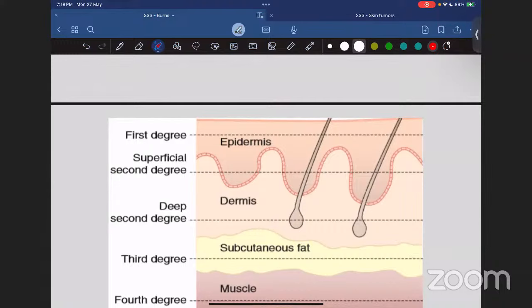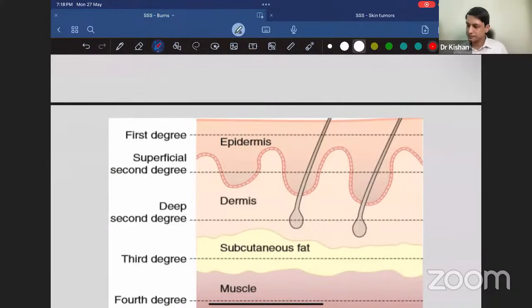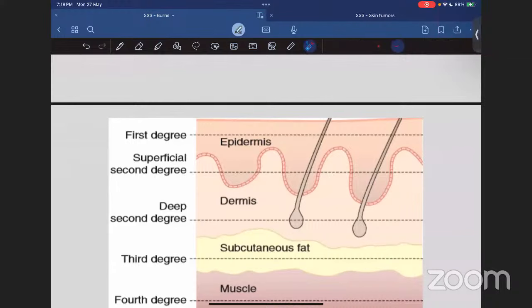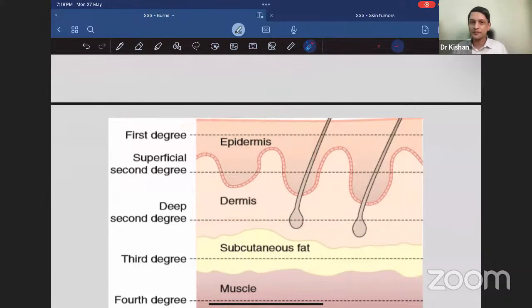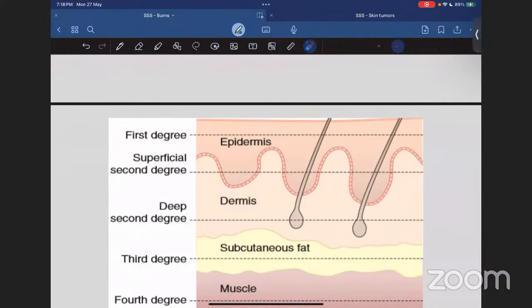So, 1st degree burn is confined only to the epidermis. The second degree is further divided into superficial and deep. In superficial, it is confined to epidermis plus papillary dermis, and deep is confined to epidermis plus reticular dermis. Perfect. In 3rd degree burn, we have epidermis,